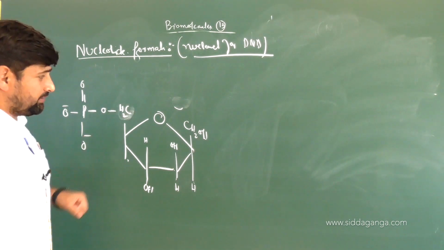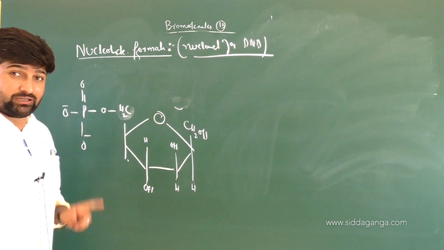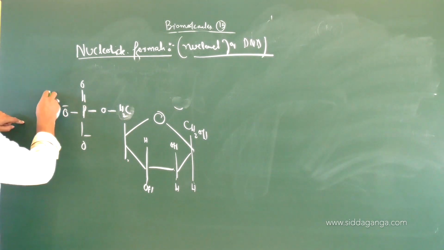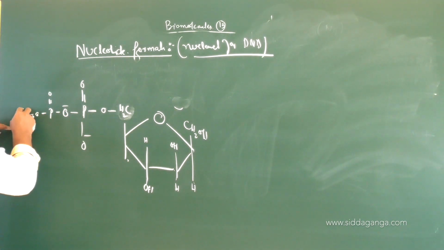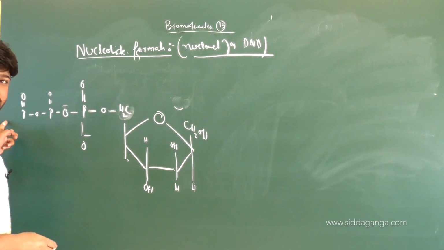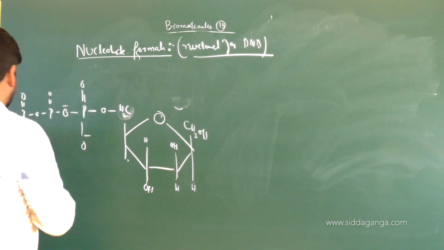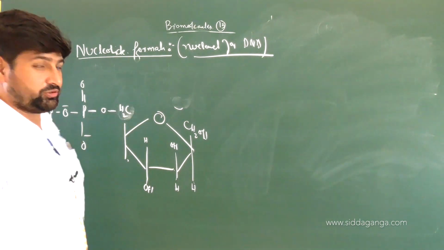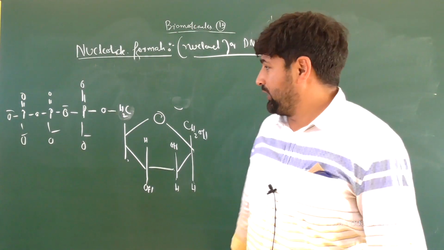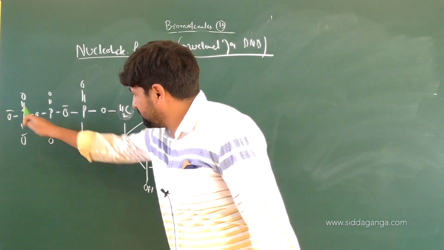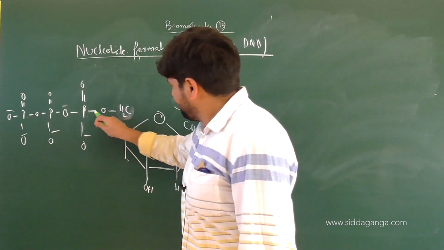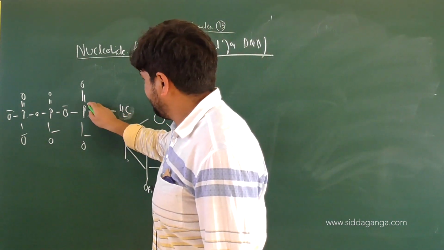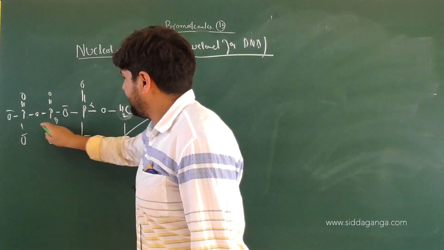Now, actually, in the cell it will be formed in the form of ATP, adenosine triphosphate. So this link will continue with P double bond O, then O, P double bond O. Can you see it here? It will continue on, then you have O minus, O minus, O minus here. Did you see the structure? You have 3 phosphate groups here: 1, 2, 3. The phosphate directly linked to the carbon of the ribose sugar is alpha. This will be beta and this will be gamma.